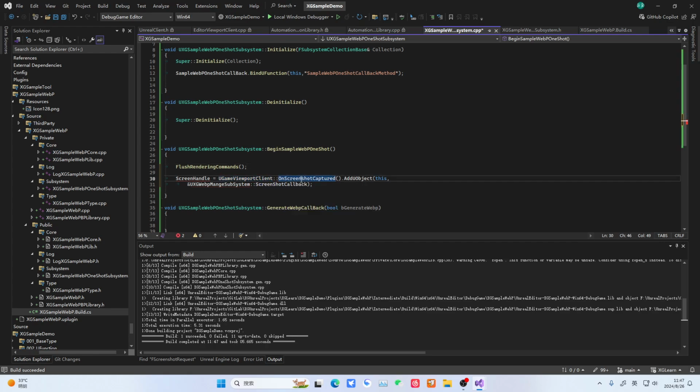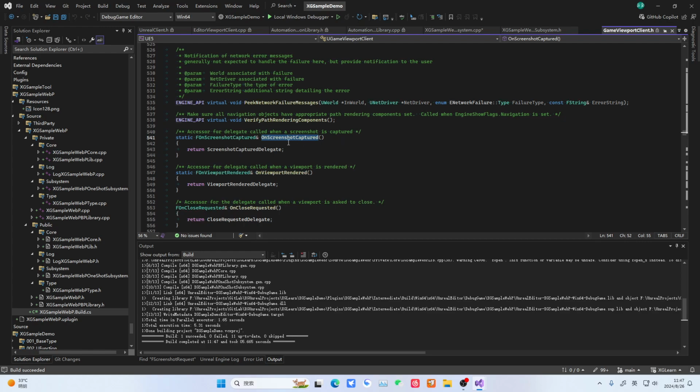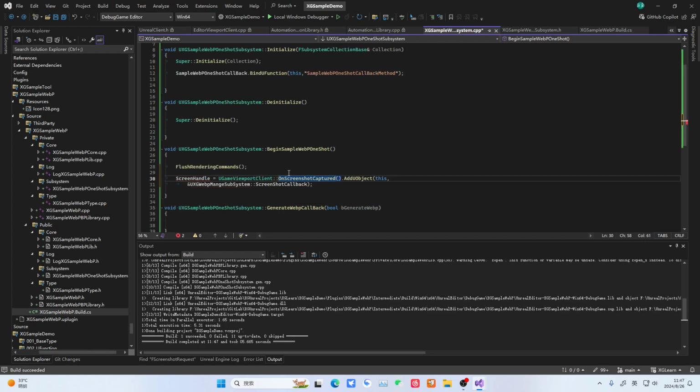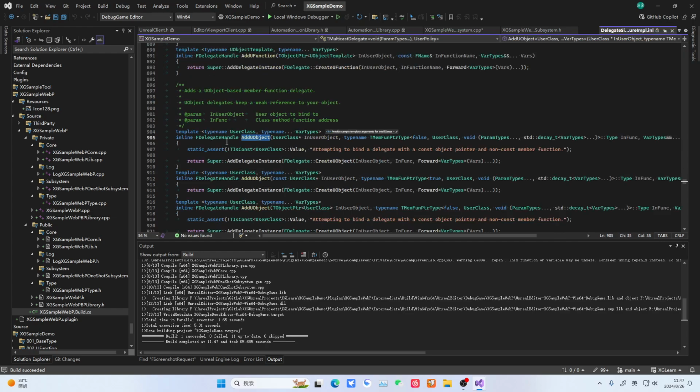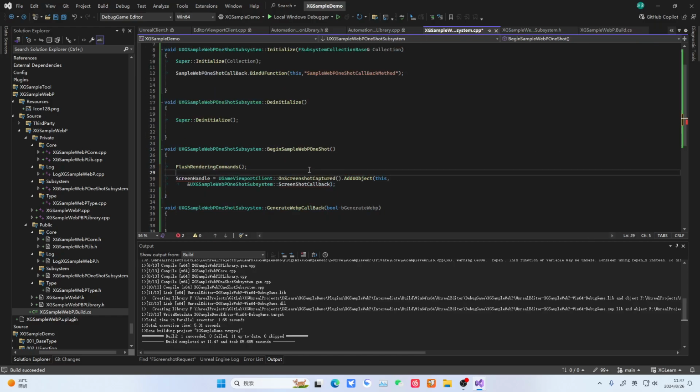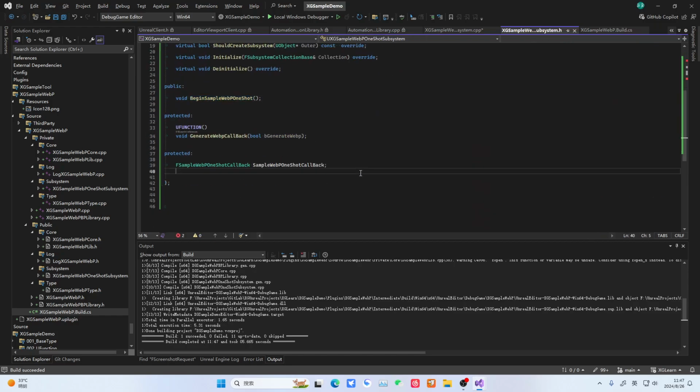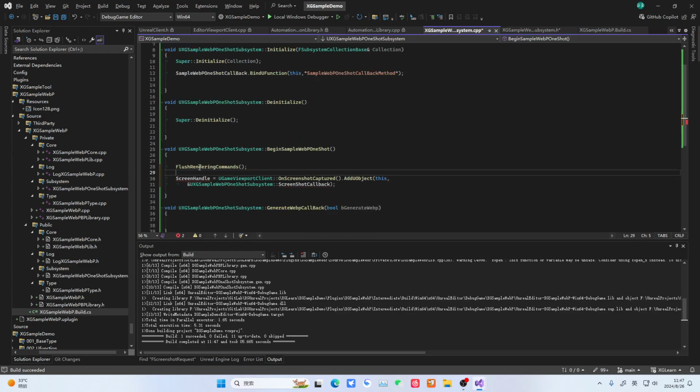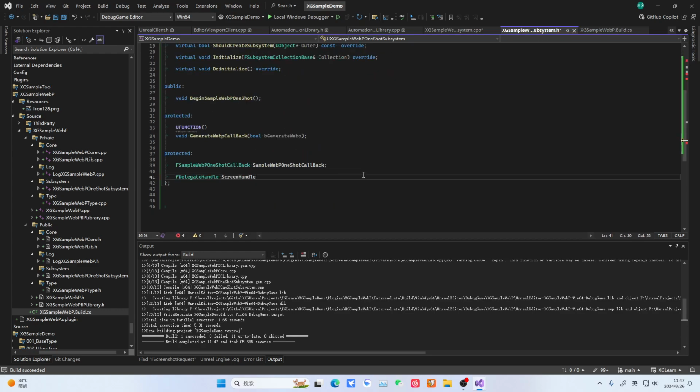It gets the game viewport collected earlier, and then executes the screenshot. When this screenshot is executed, it triggers this delegate, then we bind this object. We bind this object to this string code, the method bound to it, and this will return a delegate handle. We need a delegate handle because this is one-time use. That is, once you finish the screenshot,